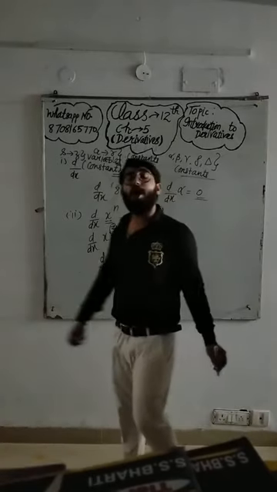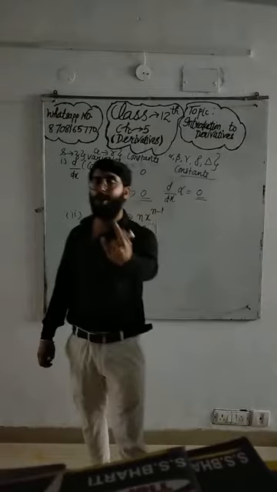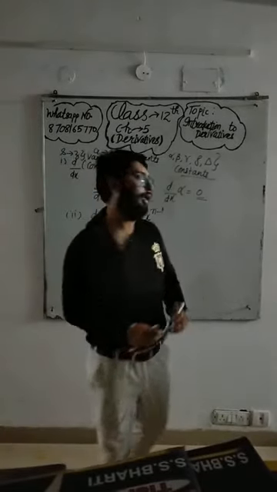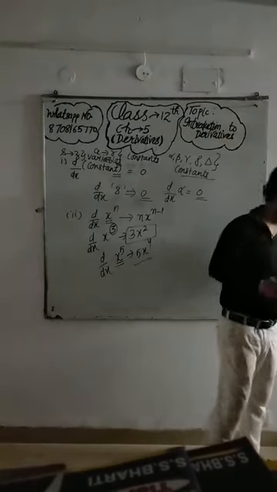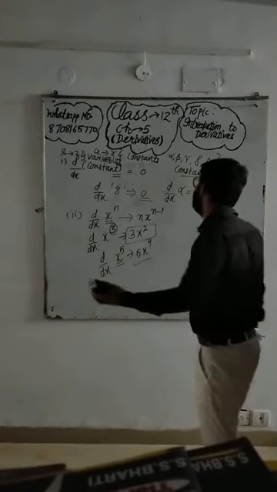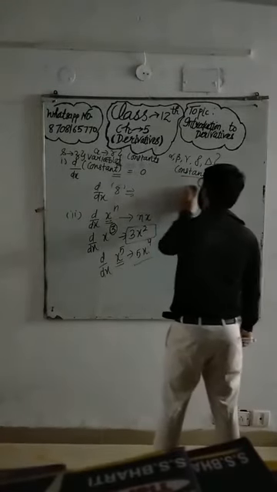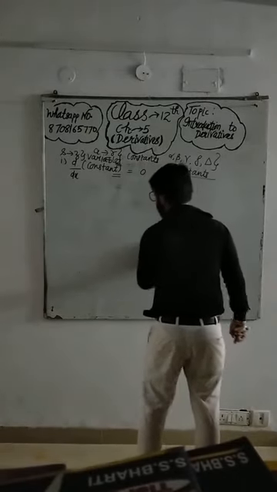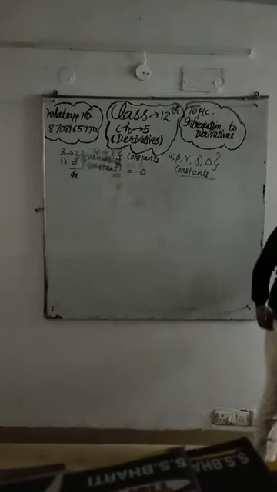That is, it will be what? 1 less than 5 is what? 4. Okay. Now we have learned these two. d/dx of a constant is what? 0. Whenever there is a constant in the power of the variable, what will you do? Take the power down and decrease the power by 1.